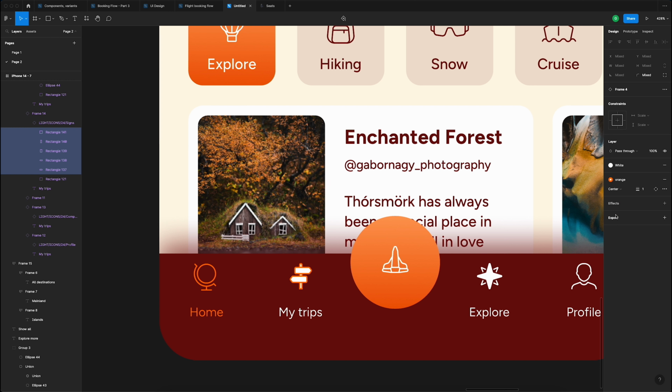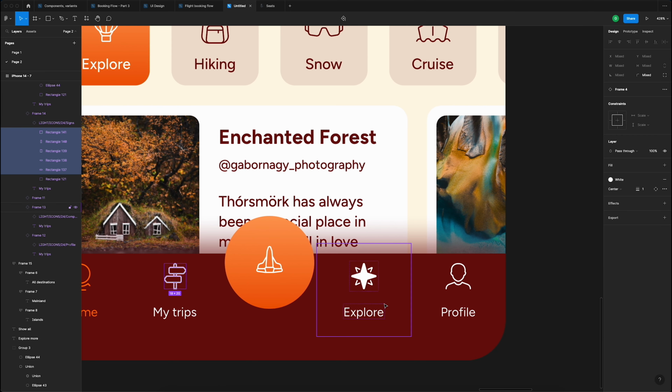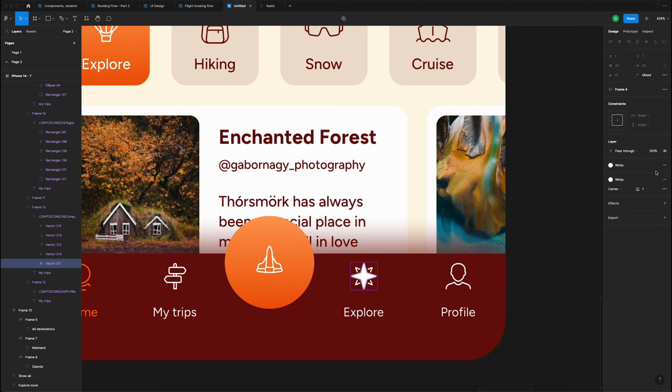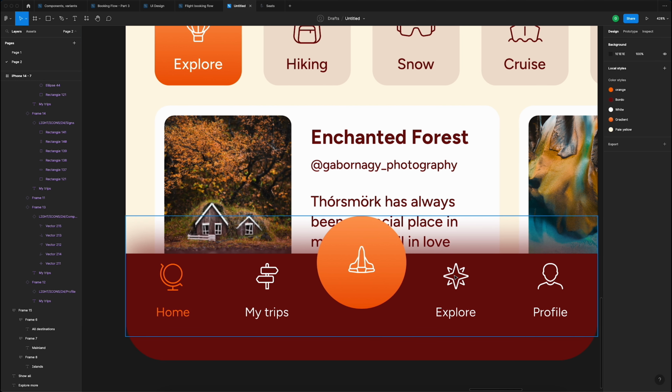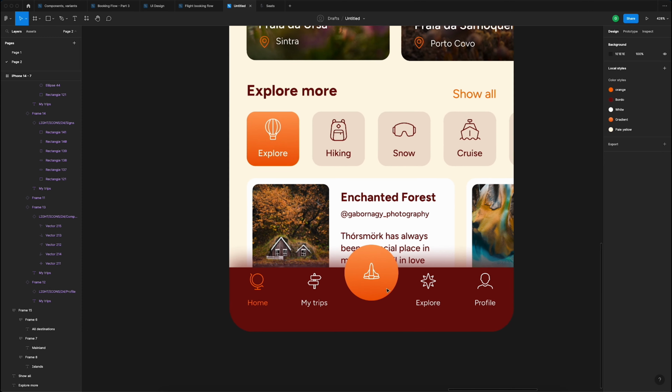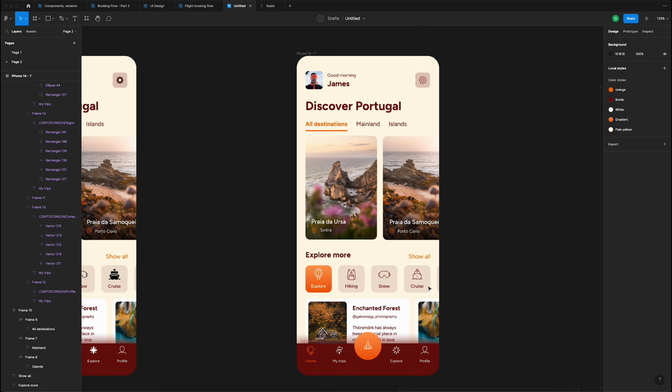Add a stroke and delete the fillings, but it's not orange, it's white. This one has a white stroke already, so that's good, and the profile is good, and the main button is good. So